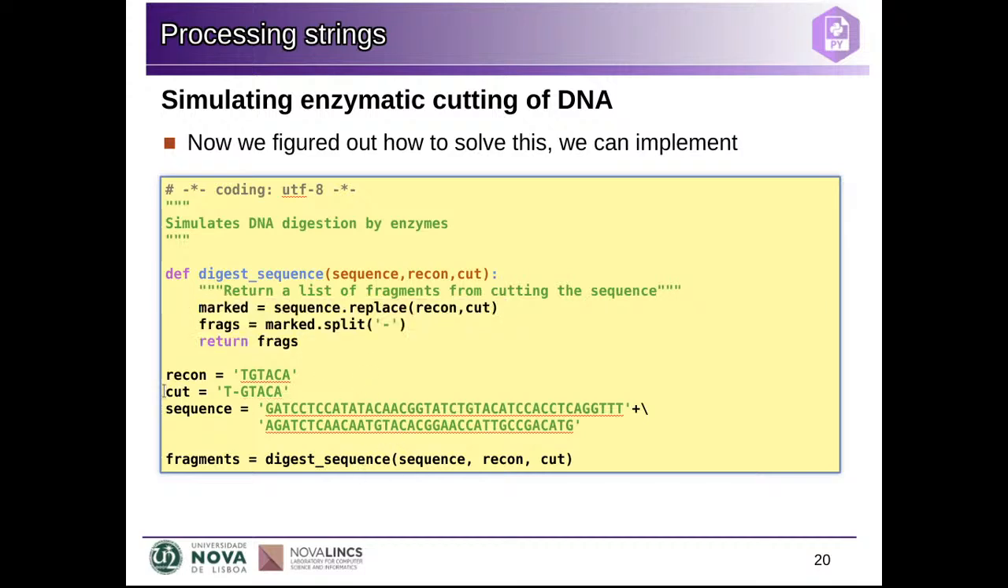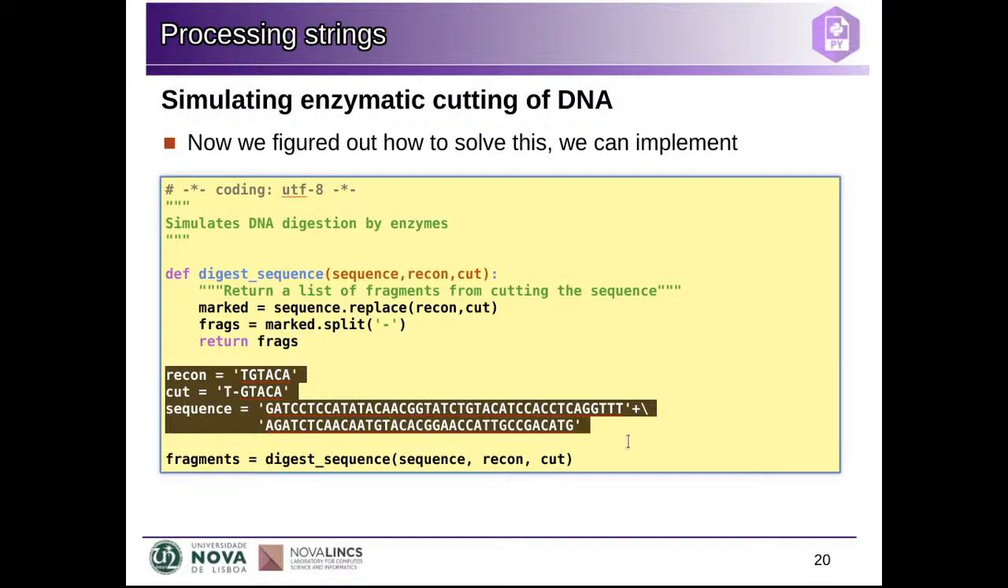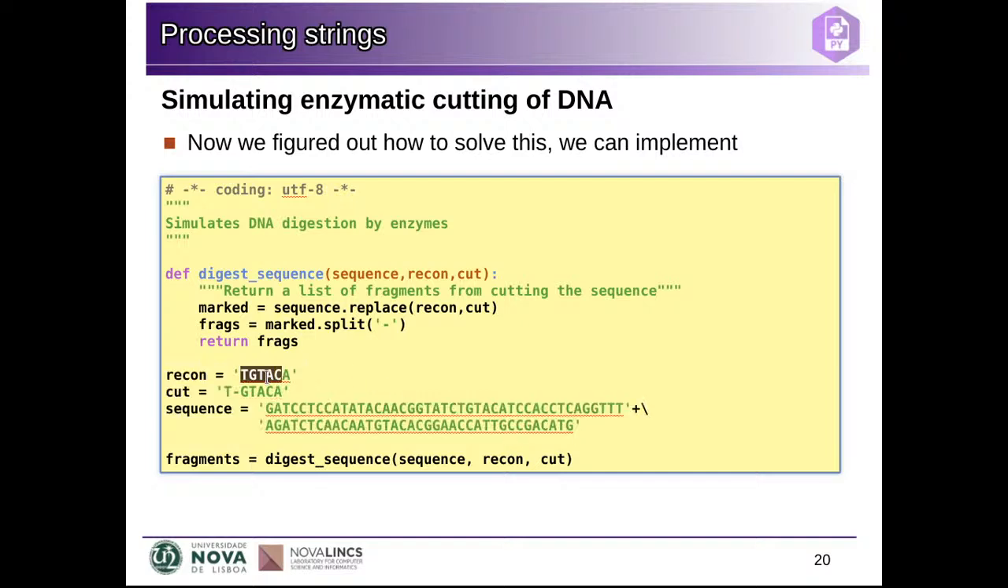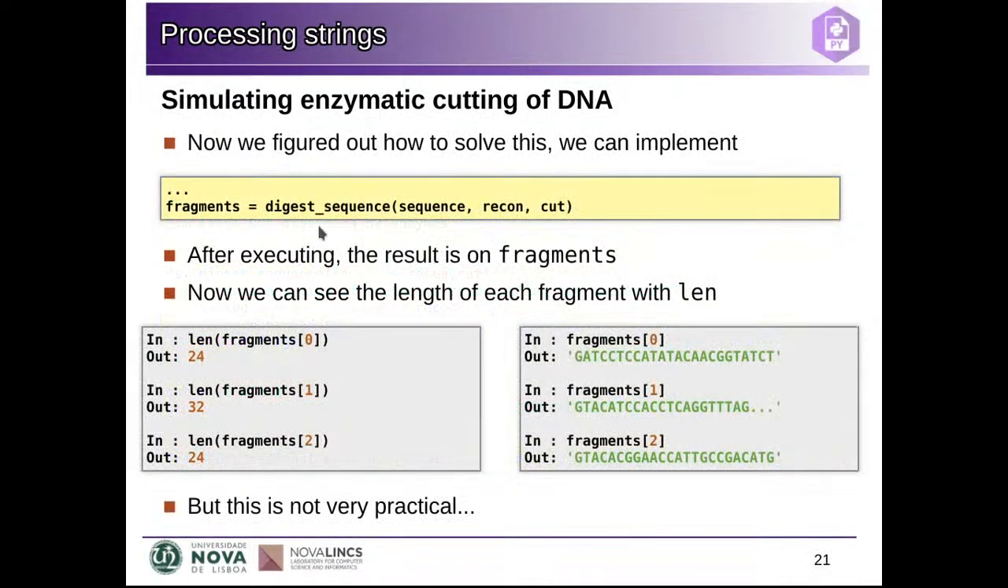So how do we use this function now? We create the input for the function. In this case, the recognition site with the marked place of the cutting point, and the sequence, and we call the function giving this input. If the input was different, then the result would be different, but the function is always the same. So this is one important feature of functions. You generalize the recipe and you can reuse it for whatever set of values that you want to process in any particular case. And now we obtain here in this fragments variable the list of fragments,